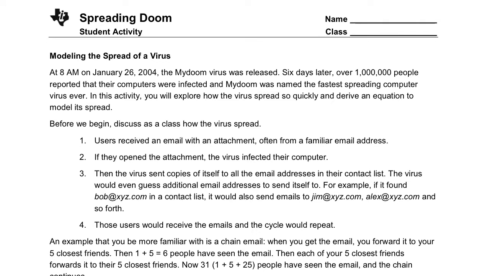Spreading Doom. Student activity. Modeling the spread of a virus. Okay, we're talking about a computer virus here, so don't freak out. But let's go over the setup here. At 8 a.m. on January 26, 2004, the MyDoom virus was released. Six days later, over 1 million people reported that their computers were infected, and MyDoom was named the fastest spreading computer virus ever. In this activity, you'll explore how the virus spreads so quickly and derive an equation to model